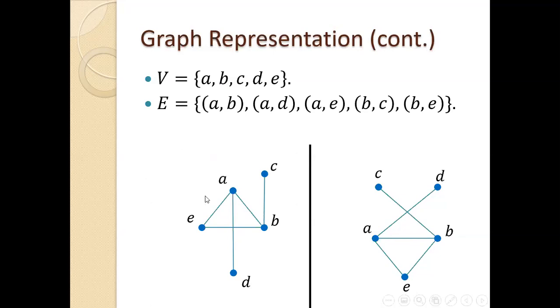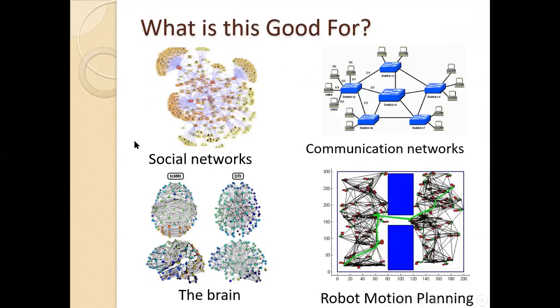Why do we need graphs? Graphs are actually one of the most common objects that are used these days. They model many things. Let's say you want to study a social network, let's say Facebook, router, computer, whatever you want, and connect them if they're connected. If you study the brain, you might want to have vertices for neurons and edges for pairs of neurons that are connected. This is a drawing from a paper about robot motion planning that uses graphs.